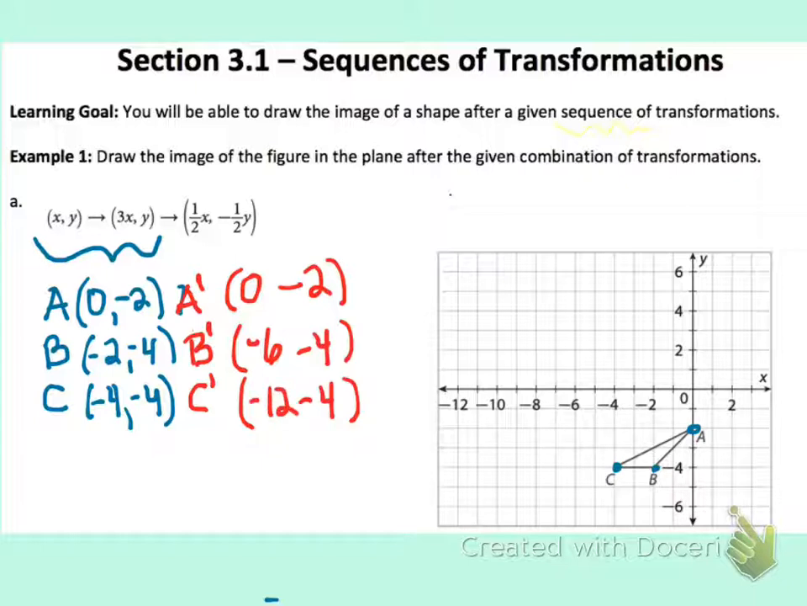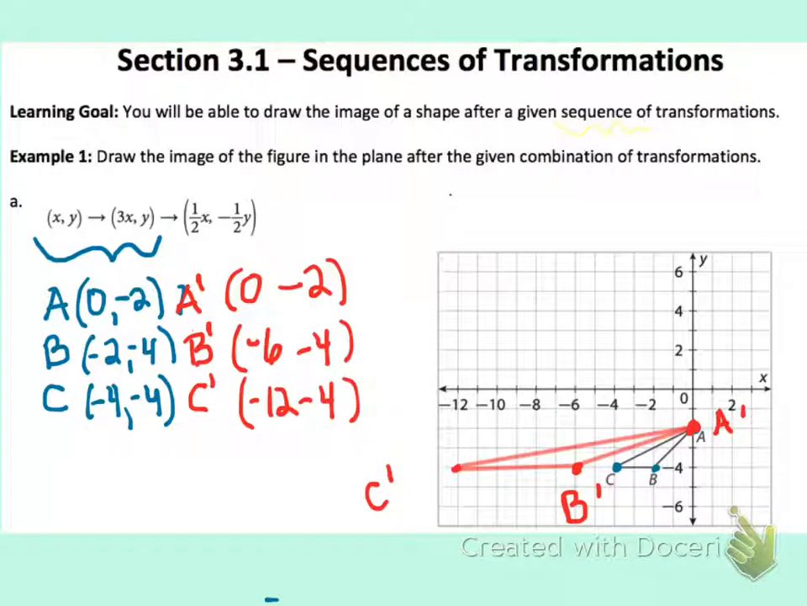So let's go over here. We can see if we can graph these. So (0, -2), that one's staying right there, and that's now A prime. It was the same coordinate. (-6, -4), so that's left 6 and down 4. So that's right here. That's our new B prime. And then our new C prime is (-12, -4). So that's right here. And so when we connect that, that figure is very